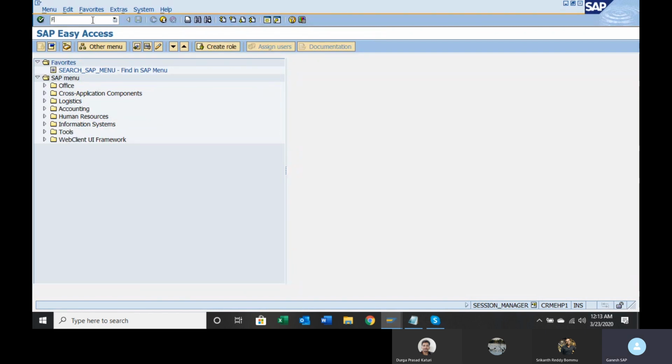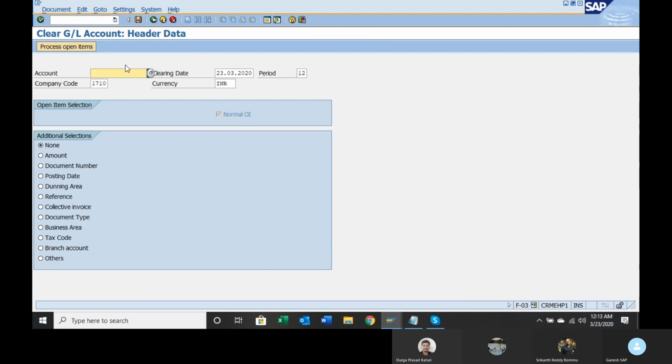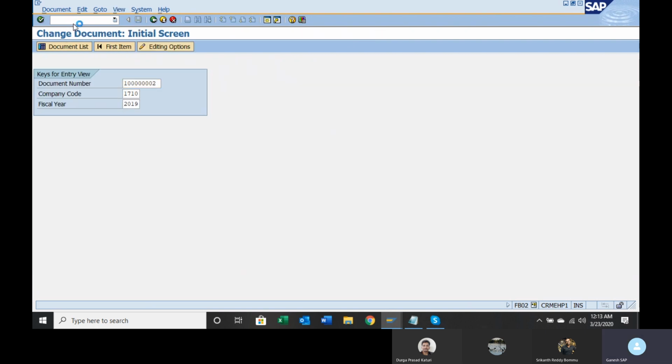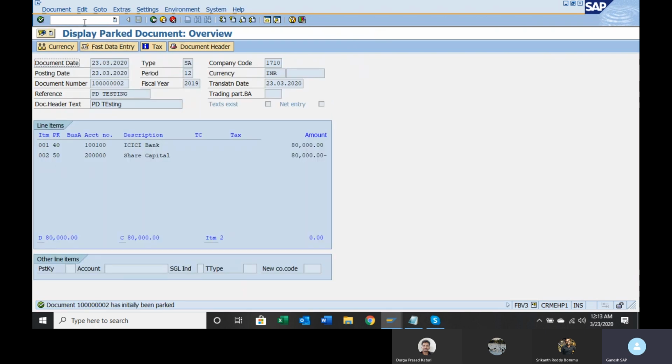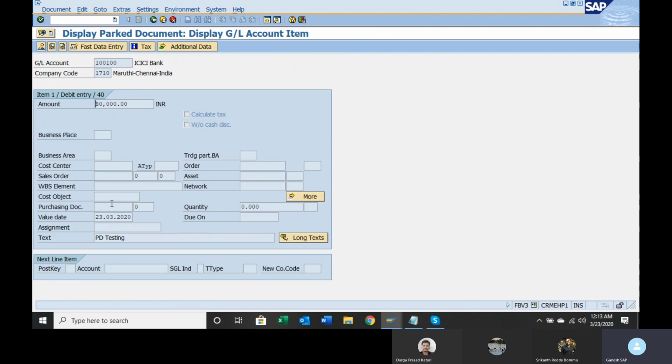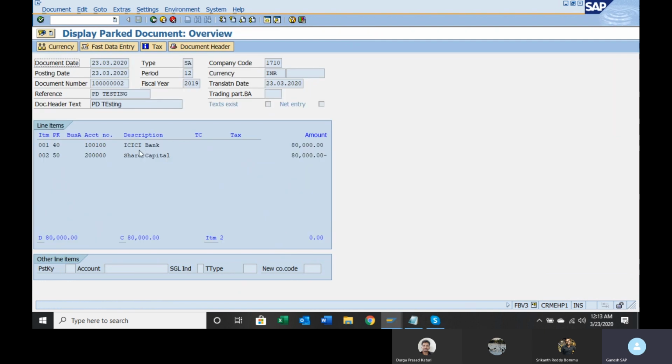Go to FB03 or 02. Go to 02, give this document. So assume that I am checking whether he has given correct information or not. Okay, the debit line item is okay.